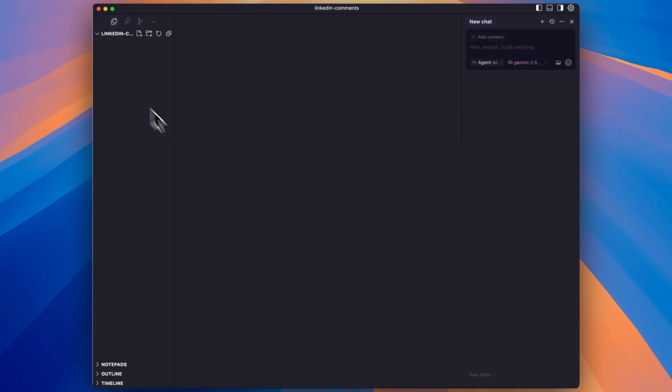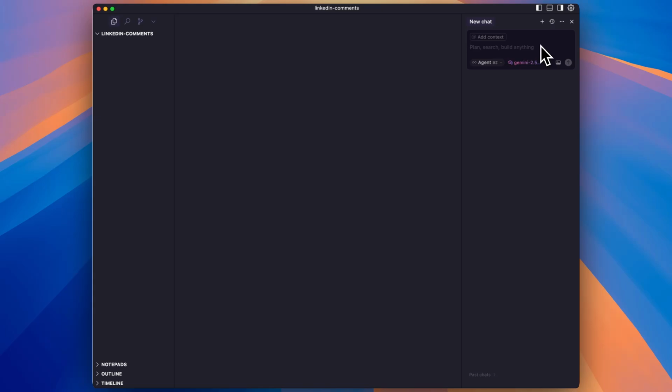So I'm in an empty folder here. There's nothing here yet. And we've got an agent on the go with Gemini 2.5 Max. So I'm going to explain what we need to do and then go from there. Create a very simple Chrome extension that I can use on linkedin.com. The idea is that this tool will allow me to type a message with a link, and then on any given LinkedIn post that I'm on, when I click it, it will go through all of the replies to that post and reply to each of them individually with the message and the link.